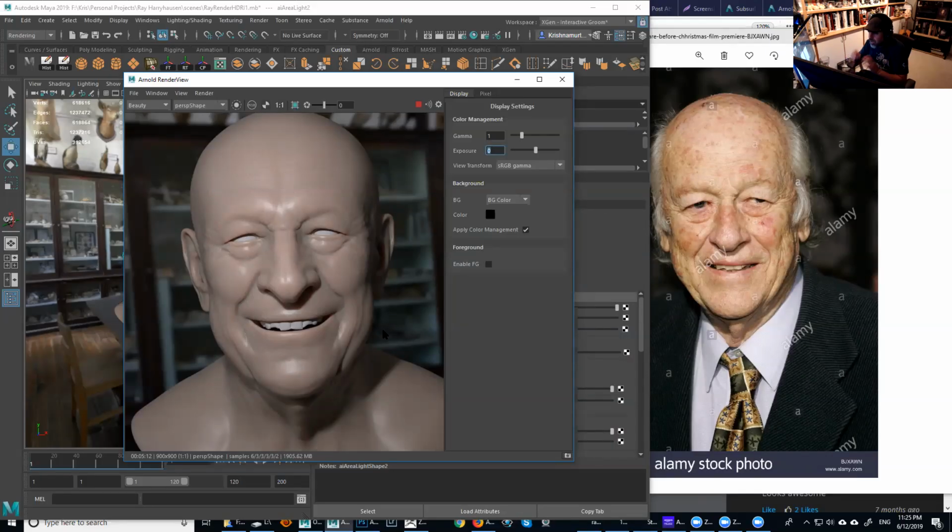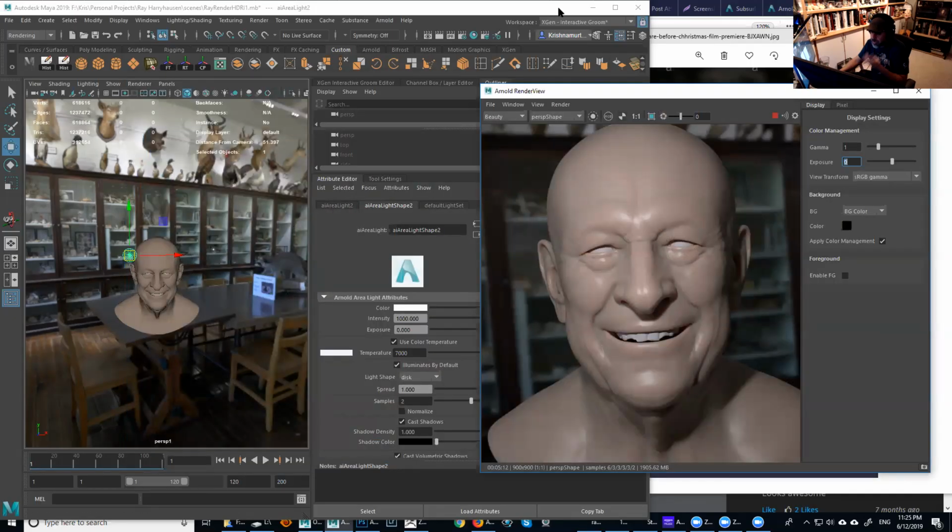Exactly. And the thing that I love about Arnold, coming from someone who used V-Ray a lot in the past and totally abandoned V-Ray. I know that it changed a lot, and now it has the all shader and everything. But with V-Ray, I had a lot of accidents. I would change a parameter, and then I would see something that's not exactly what I was expecting. And with Arnold, every single time I change a parameter, I know exactly what to expect. You can reproduce that effect over and over again. It's very easy to control everything. I love it. It's simple and straight to the point, and the results are really good.